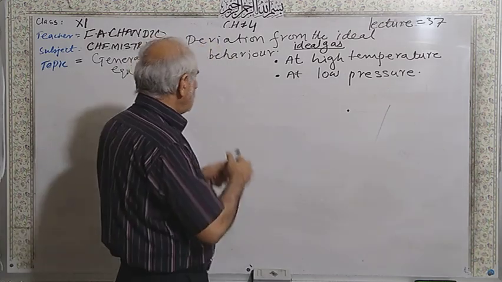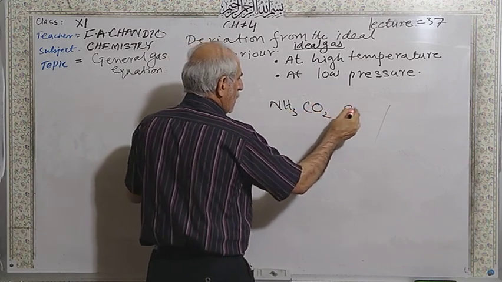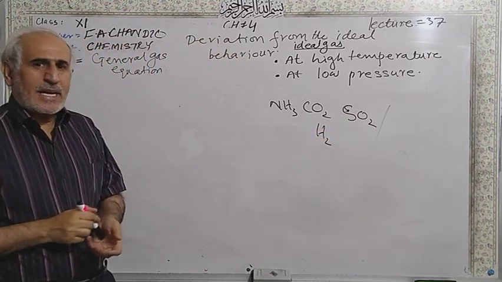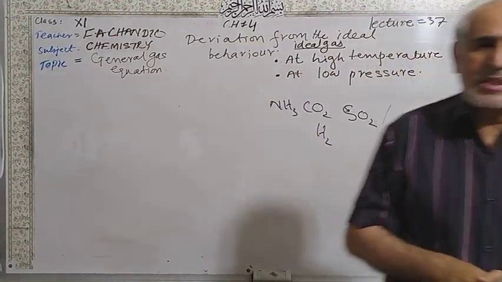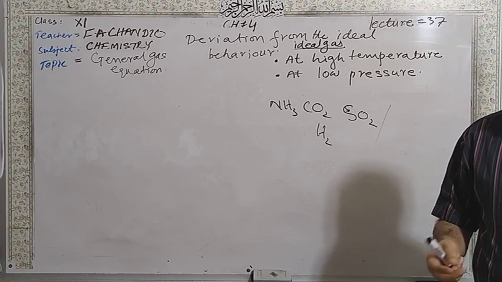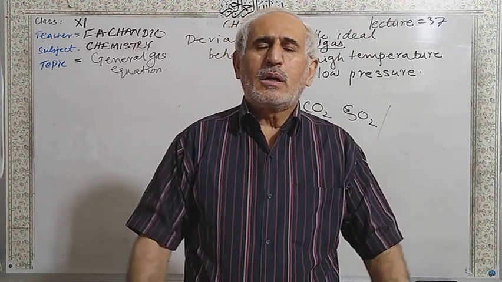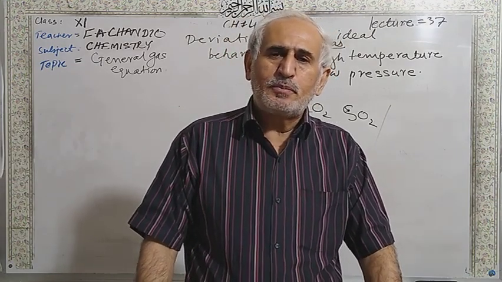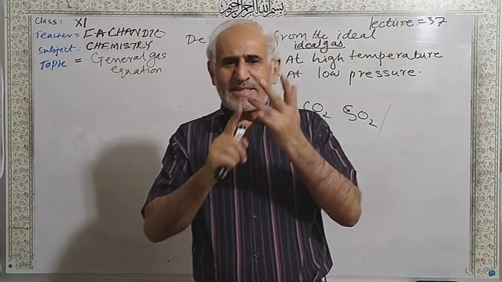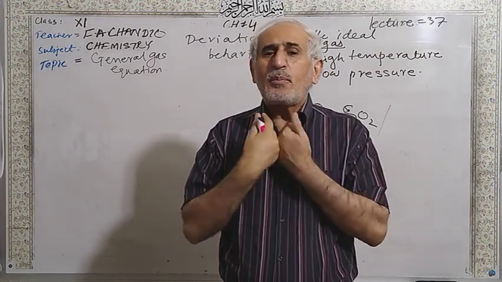And if we have different gases, from these four gases, which is more ideal at the same conditions? Then we have another criterion for this. The lightest gas, the lighter gas, is more ideal because the gas molecules are away from each other, and also non-polar nature. So if the gas is lighter and non-polar, it is more ideal than a heavier and polar one.